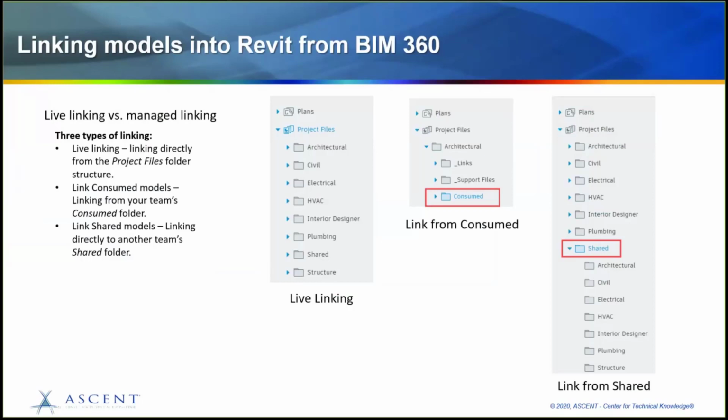And then linking from the consumed folder, this method gives you the most control with linking models through permissions and sharing and consuming packages. You have the chance to review the model before consuming, and once you consume it, a copy of the model will reside on your team's consume folder. That linked model will not change until you go into Design Collaboration module and consume another shared package from that